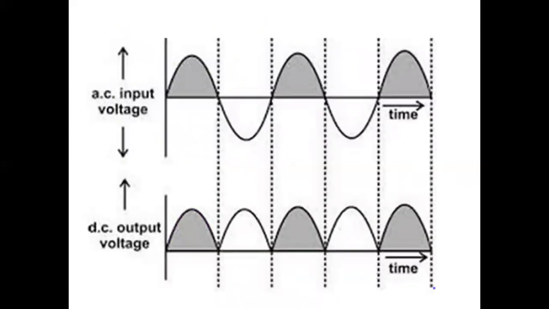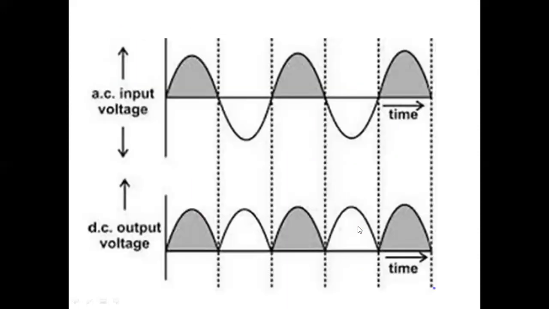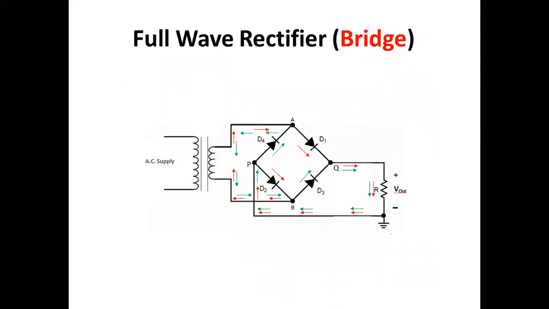Here again we have shown more sinusoidal waveforms, with two complete full cycles. This is the AC input voltage, with respect to D1 conducting and D2. This is D1 conducted, then D2, again D1, D2, like that. The output voltage should be like this. The average which I have shown here is the VDC, for the same full wave rectifier using a center tap transformer.